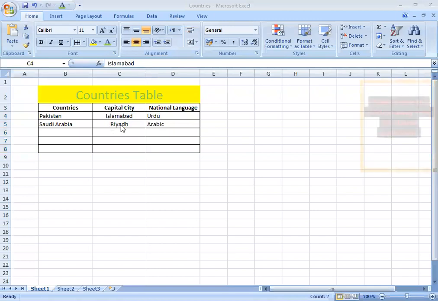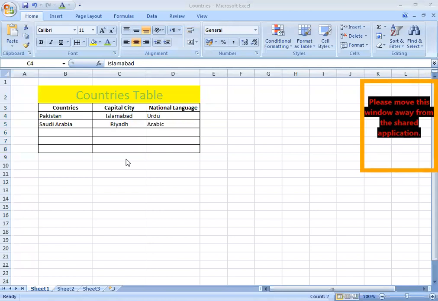Center align. And again, I am telling you, whatever formatting you want to apply on a single cell or a group of cells, you have to select the cell first, right? If I want to apply a special type of formatting on Pakistan, then I must select the cell Pakistan.